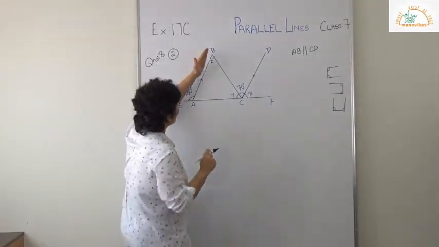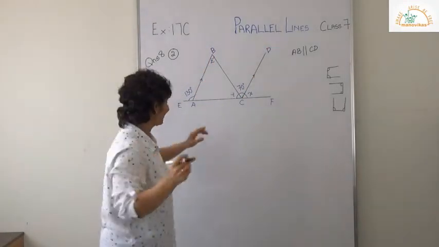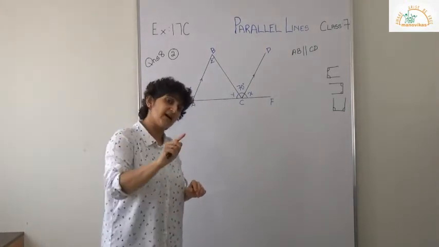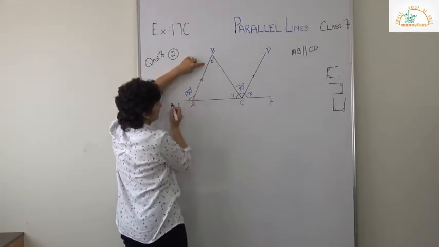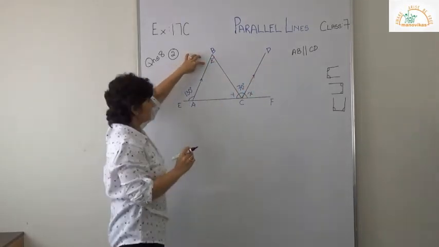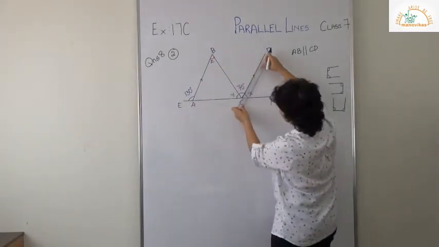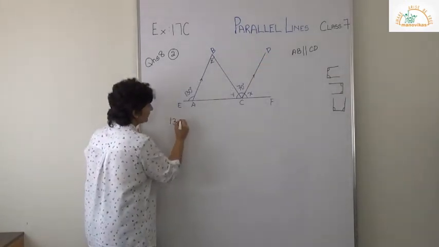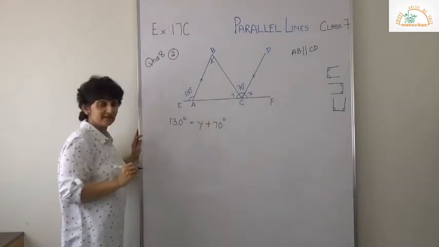Now here, children, I know AB is parallel to CD. Now, corresponding angles, if I see, and what are corresponding? How do they shape? L I said, or ulta L, or the mirror image. Now, if you take this ulta L, or the mirror image of L, this shape and this shape look the same, isn't it? Now, if I have a ruler, see here, this here, and if I take this. So, from this I understand that 130 degrees is equal to Y plus 70 degrees.